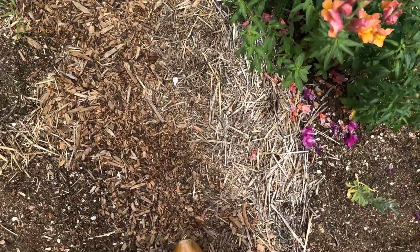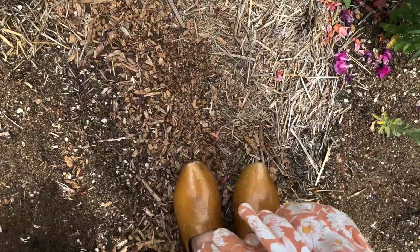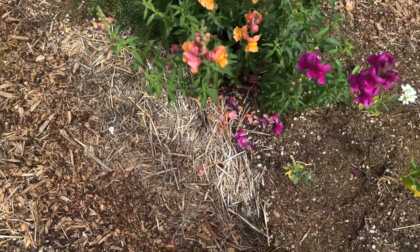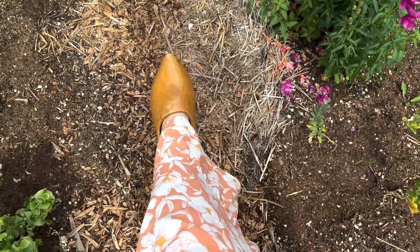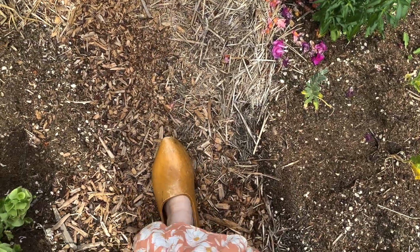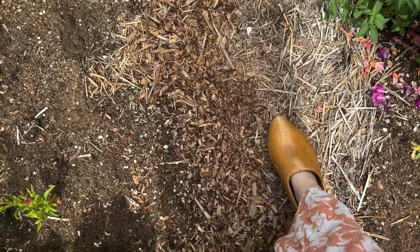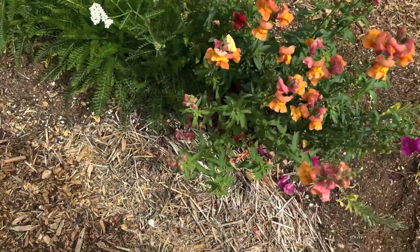Okay, before we get started, I have to show you guys my latest acquisition, and that is my cute little wooden shoes that I found at the thrift store for $5. As soon as I saw them, I knew I had to get them because I've always wanted some, and now I get to live out my little fantasy of being a little French farm girl out here amongst my beautiful